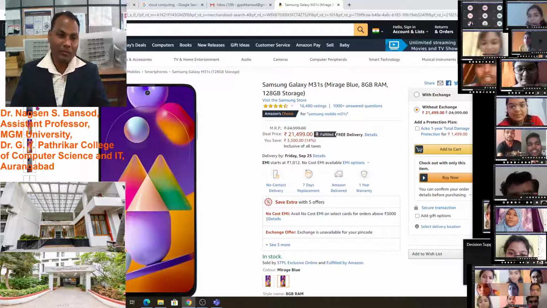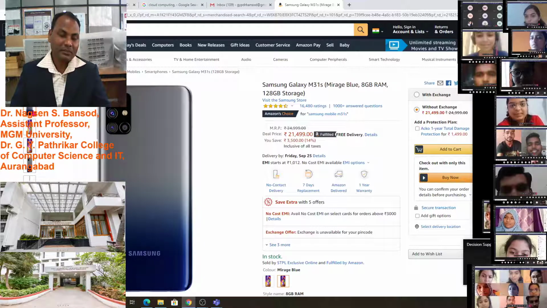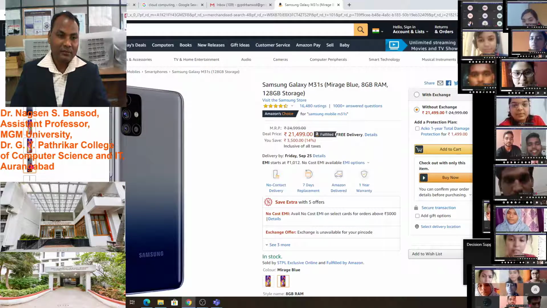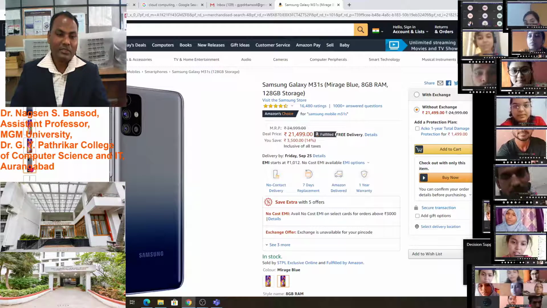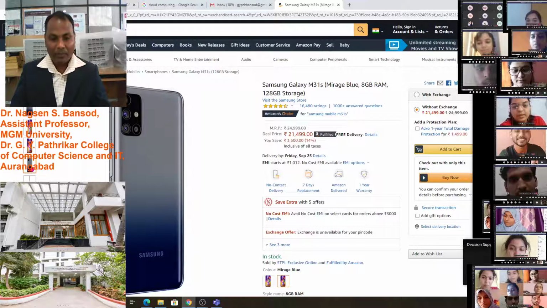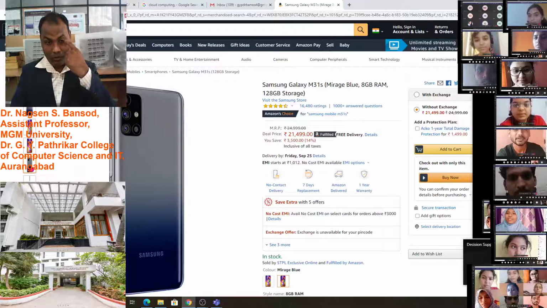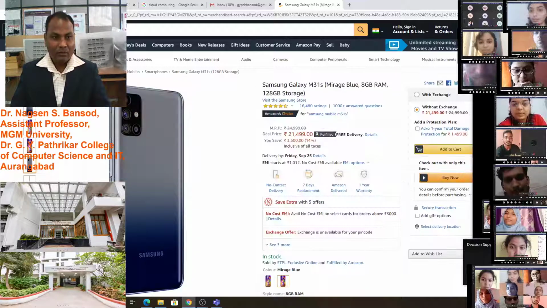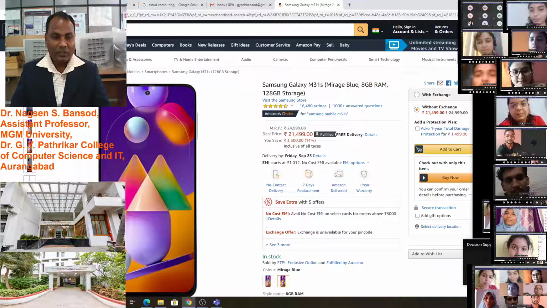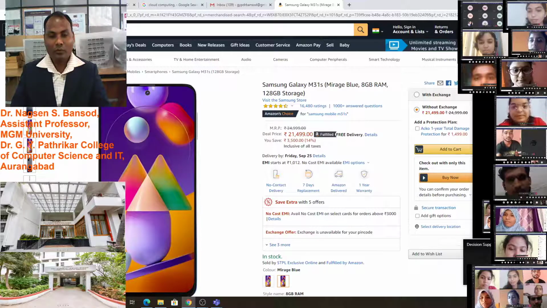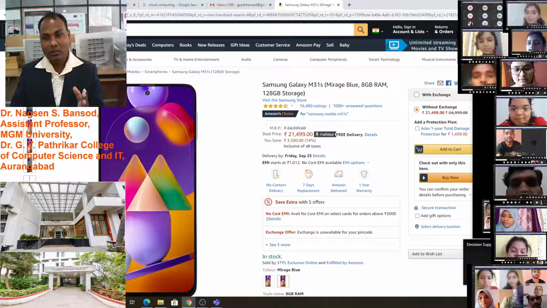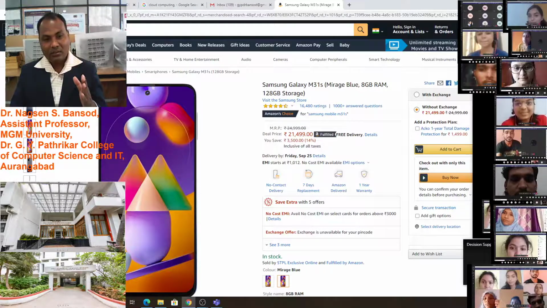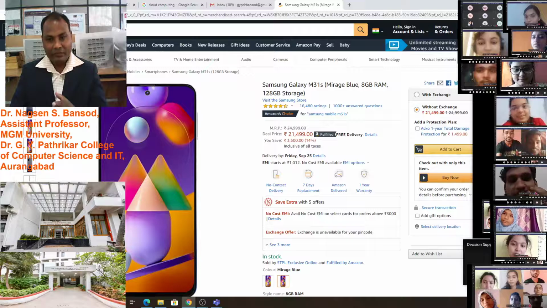This is the front of the mobile phone, this is the back side, this is the tilted side, and this image is for the view of the camera position, how the camera is situated. To show this, we have to design a very good dashboard, so we require the user interface.